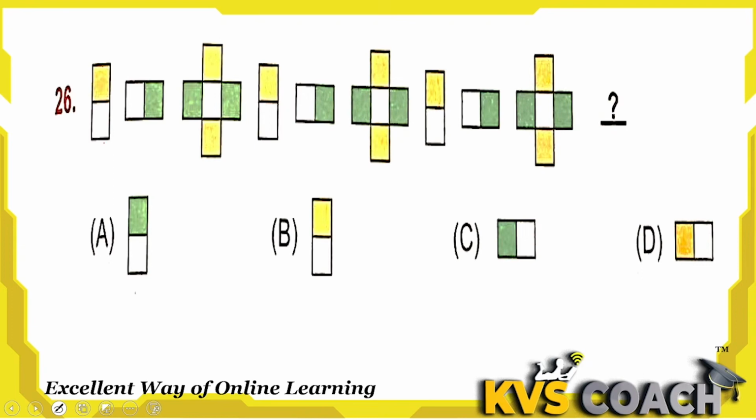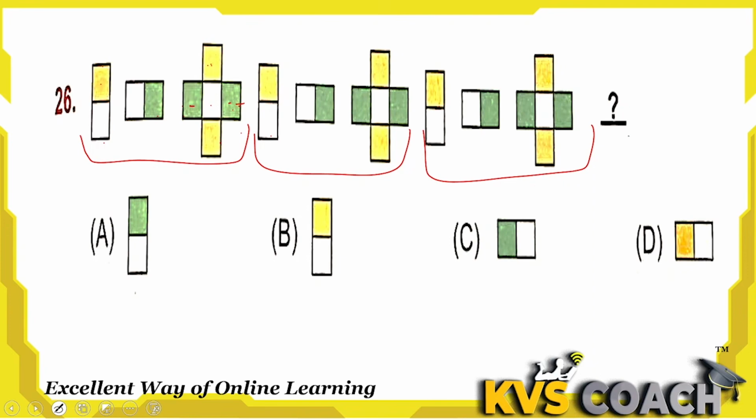Next is, look at the pattern. Here you can see a rectangle, half yellow, half white. Then a slanting, horizontal rectangle, half green, half white. And in the third one, you can see the pattern of 3. Basically, these are the squares of 2 yellow and 2 green, in between white. So this is the pattern. The same pattern is repeating here again and again. You can see the pattern is always repeating.